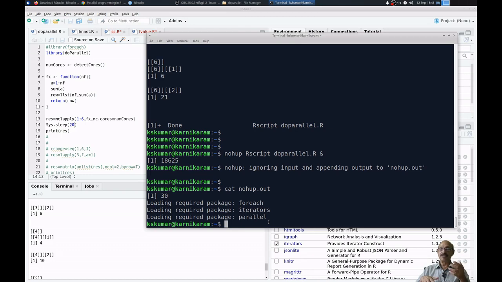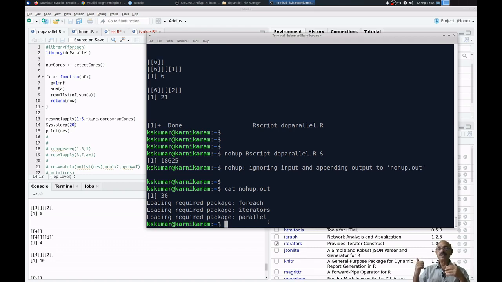So you can get the answer if it is a very lengthy program. Sometimes you will connect your machine to some other remote server, and then you run it. Once you run the program in the remote server, you can come out in the background. After running it in the background, you can come out and switch off your computer, because the program will run in the remote server. So even if you shut down your computer, that program will run in the server.